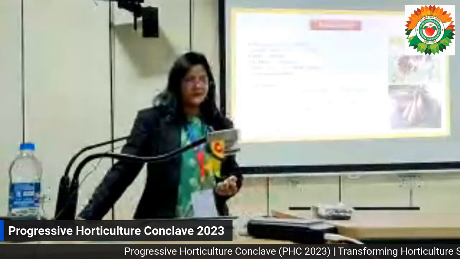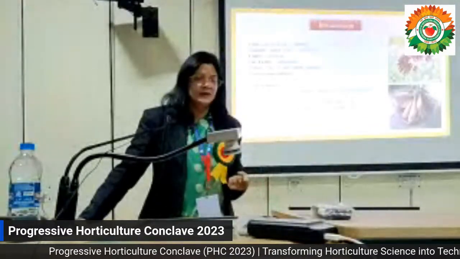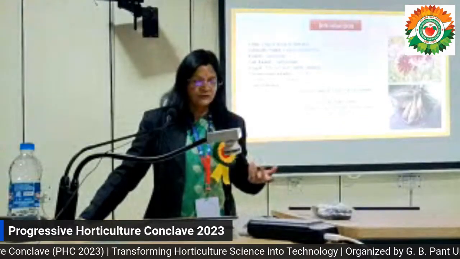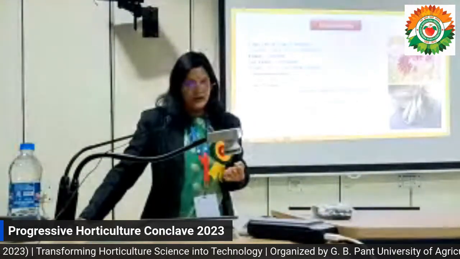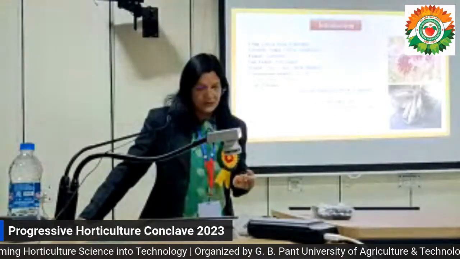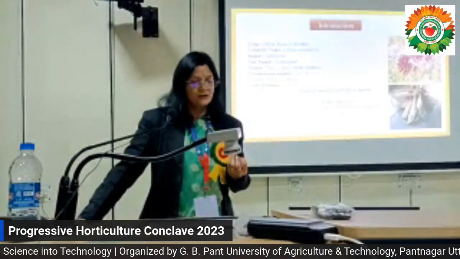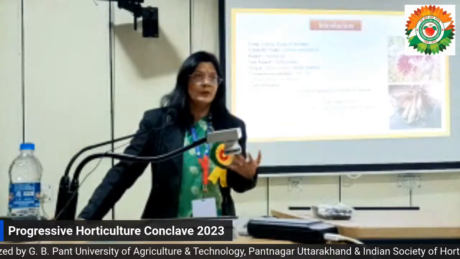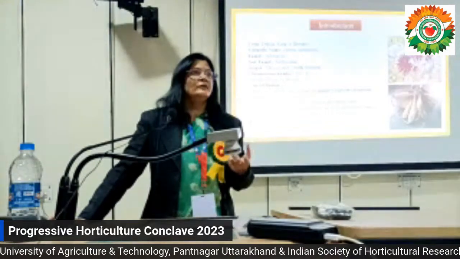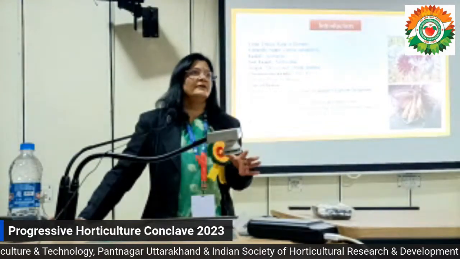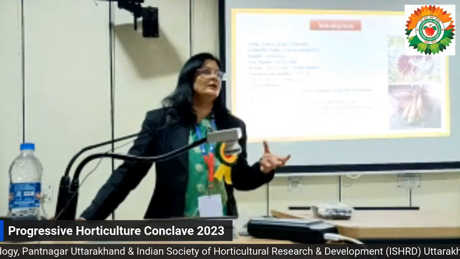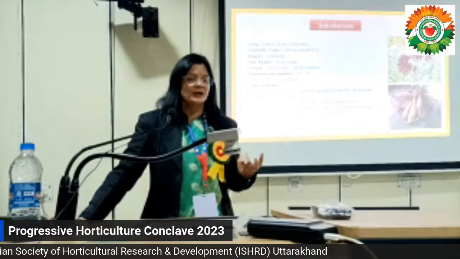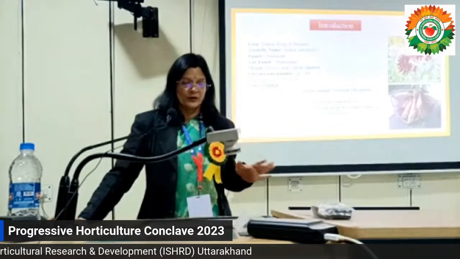Its scientific name is Dahelia variabilis, belonging to family Asteraceae, as we all floriculturists know. The chromosome number is 2n. Dahelia is nowadays highly popularized as a decorative plant and for pot culture, because we have limited space and generally grow flower crops in pots. So this is the best crop for pot culture.